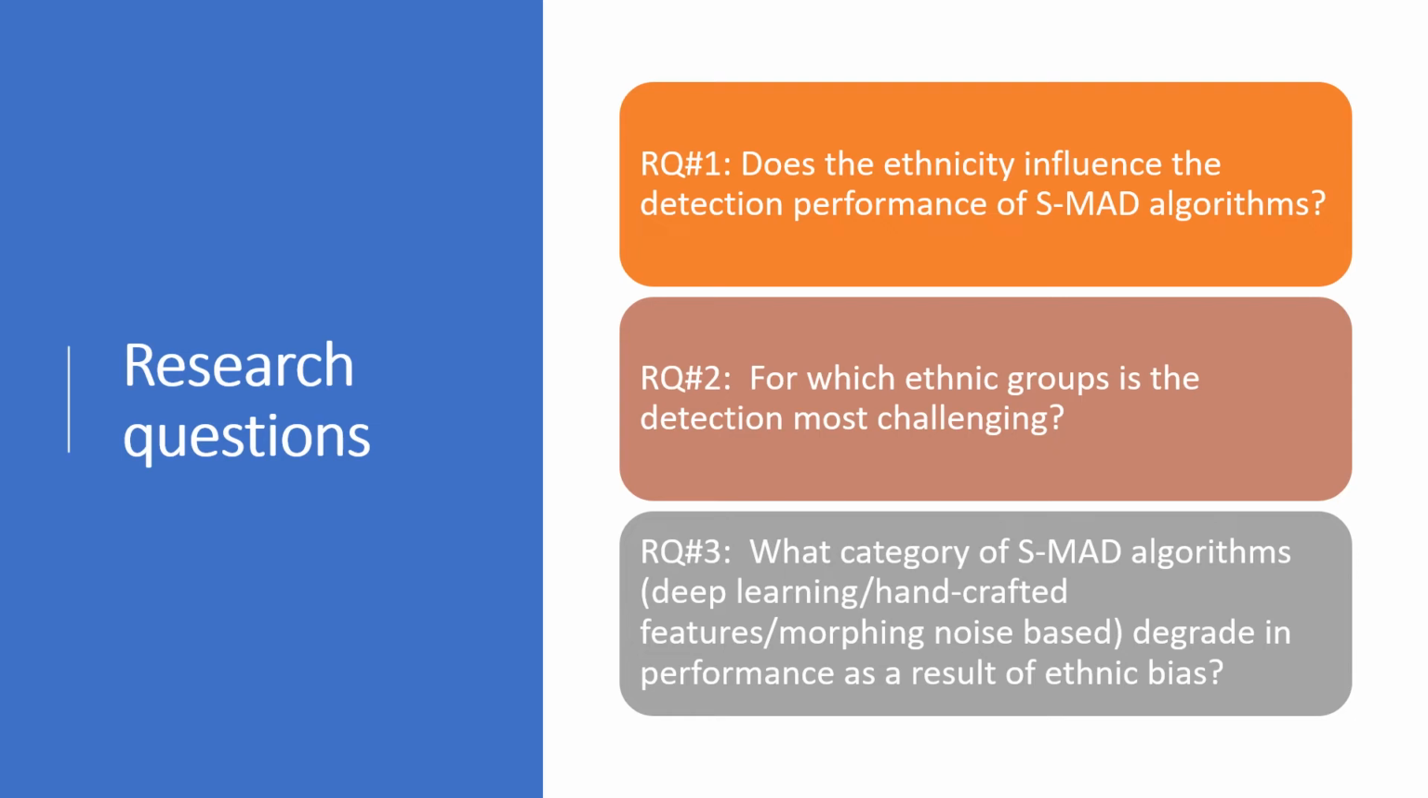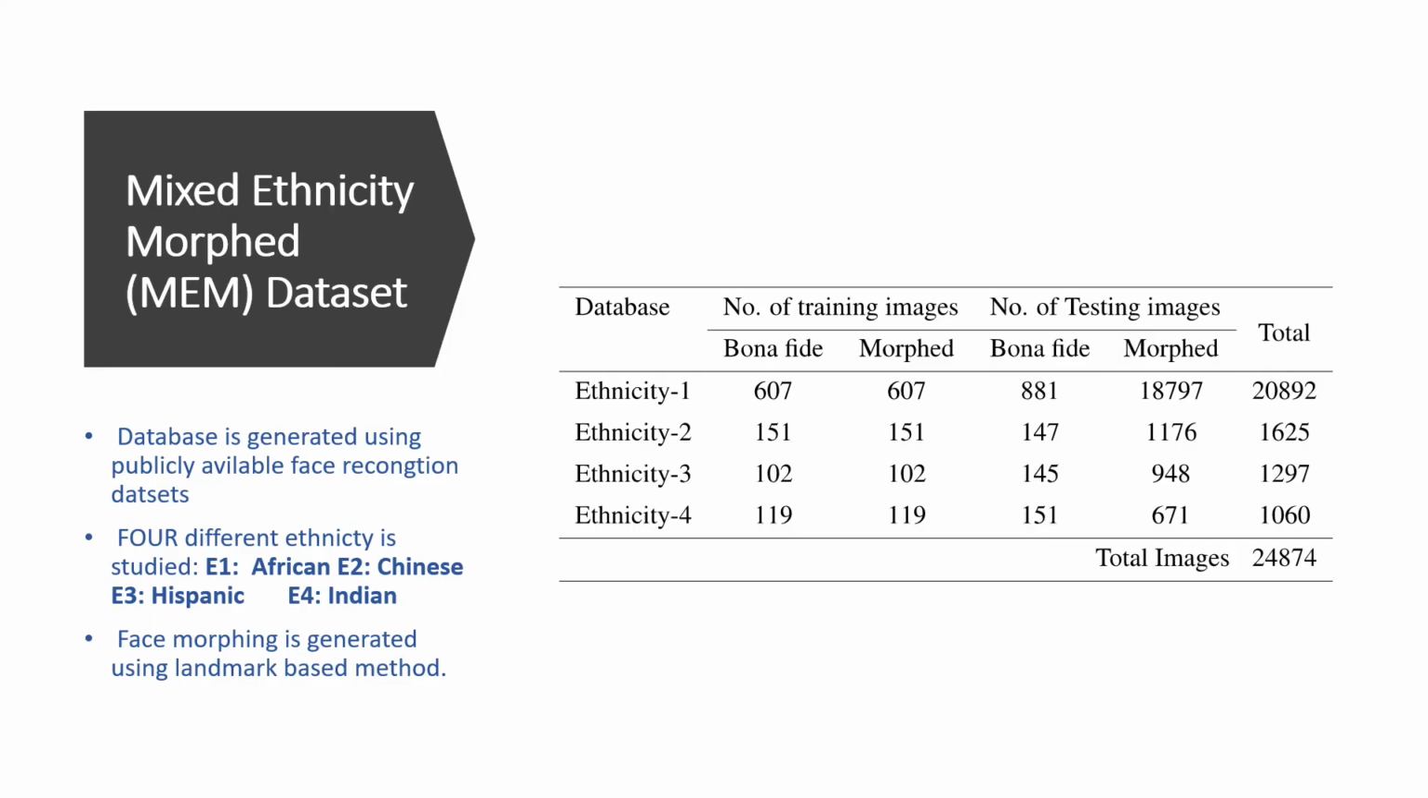To systematically analyze this, we put forward 3 research questions. The first research question is, does ethnicity influence the detection performance of SMAD? The second research question is, for which ethnic group is detection most challenging? And the third is, among the 6 different MAD algorithms that were evaluated, which one is more fair or more robust across these ethnic groups? So in order to effectively